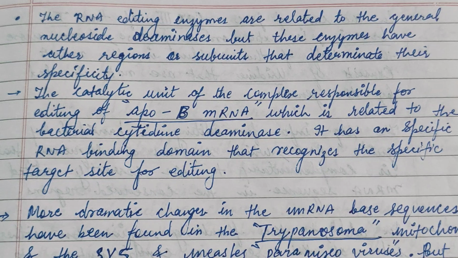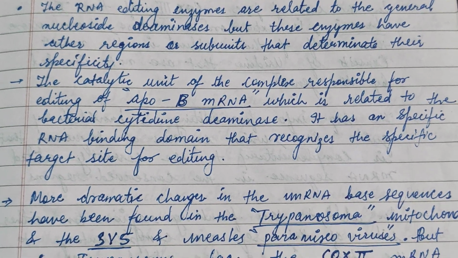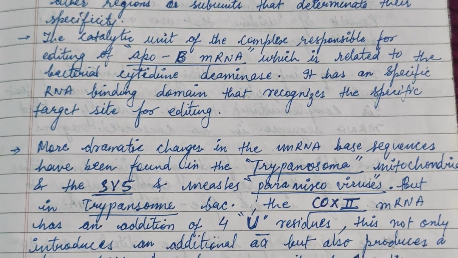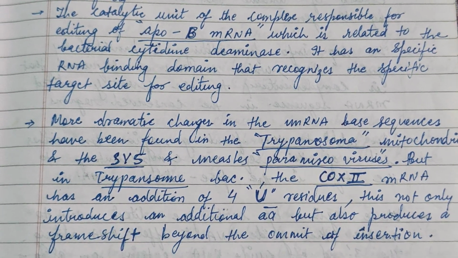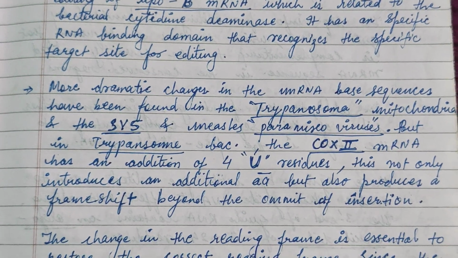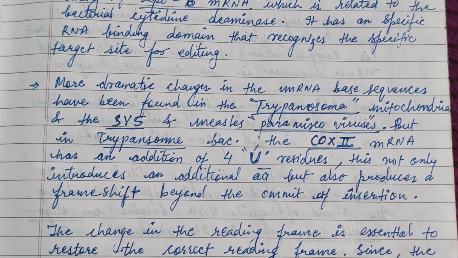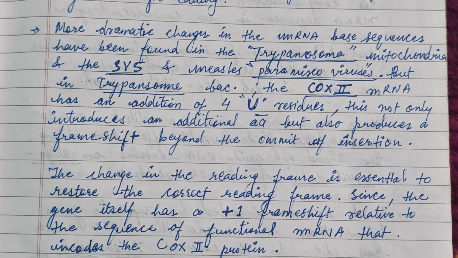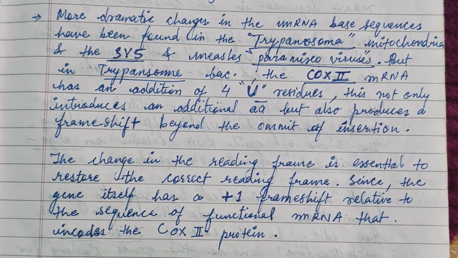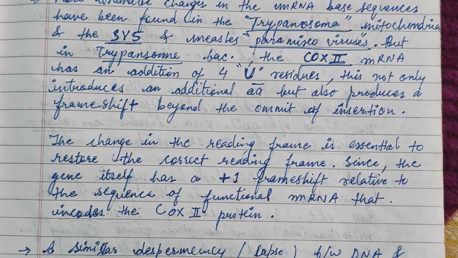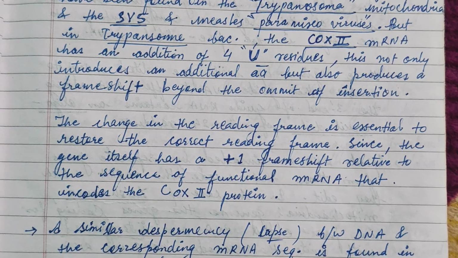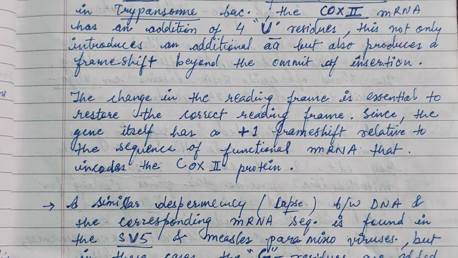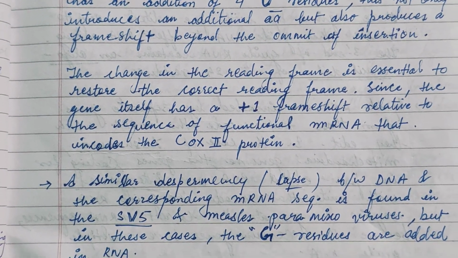The RNA editing enzymes are related to the general nucleoside deaminases, but these enzymes have other regions or subunits that determine their specificity. More dramatic changes in the mRNA base sequence have been found in the trypanosoma mitochondria and in the SB5 and measles paramyxovirus. In trypanosoma, the COX2 mRNA has an addition of 4 U residues, that is, uracil residues. This not only introduces an additional amino acid but also produces a frameshift beyond the site